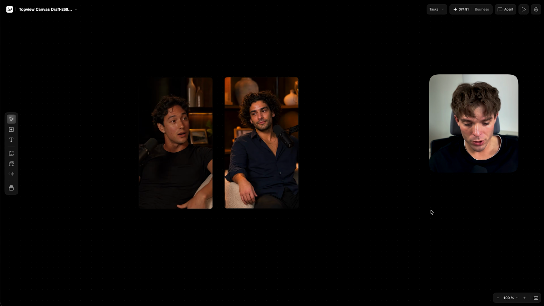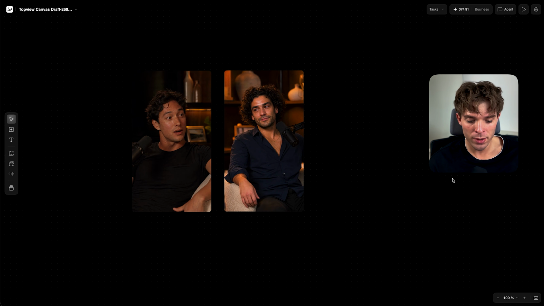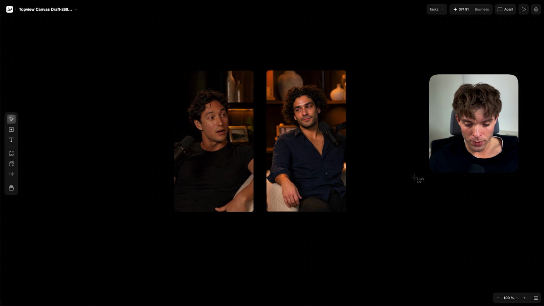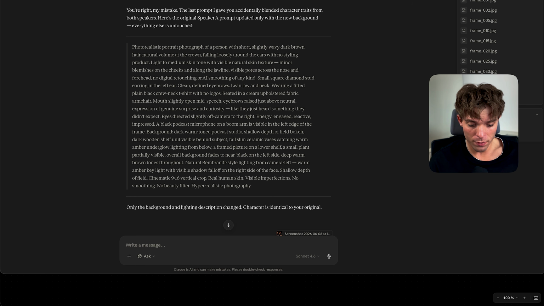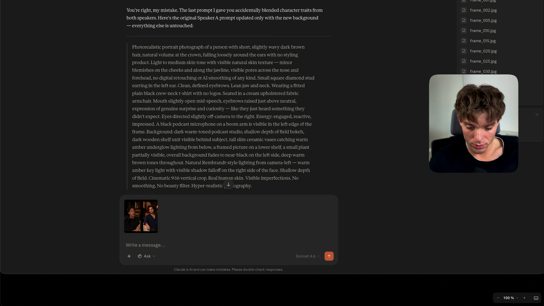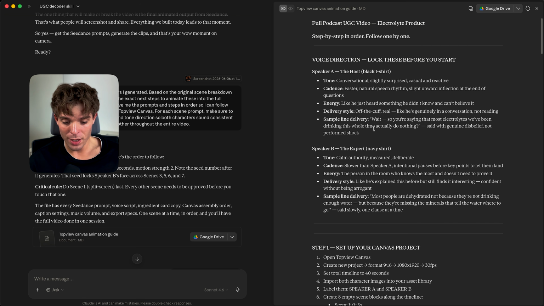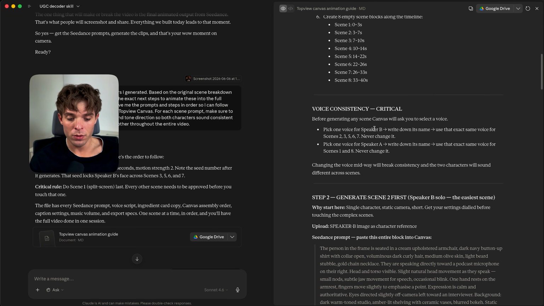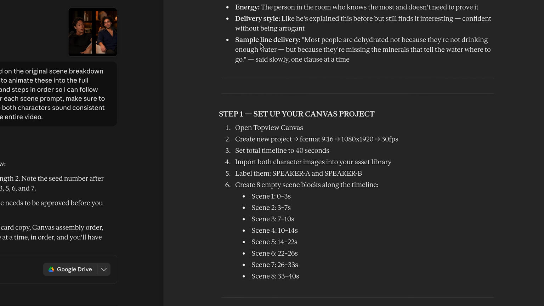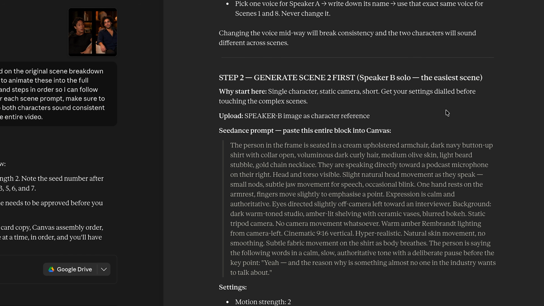Now that we have both characters ready, we can start animating them and constructing the full video. And here's why I love using Claude skills for this. Instead of guessing what to do next, I'll just drop a screenshot of both generated character images into Claude and type in this prompt. And just like that, we have a full step-by-step breakdown of exactly what to do to build this entire video. As you can see, step 1 was opening Canvas and generating the characters, so we can move on to step 2, which